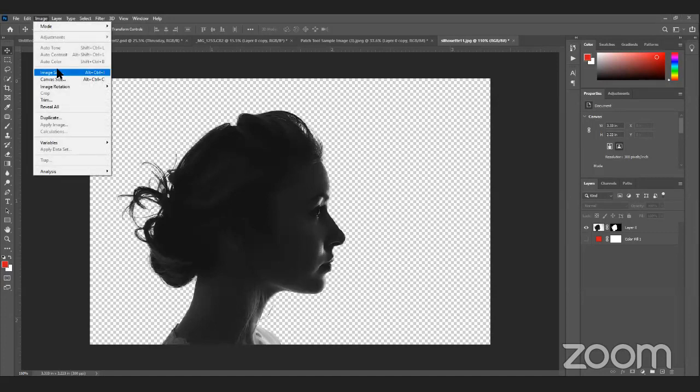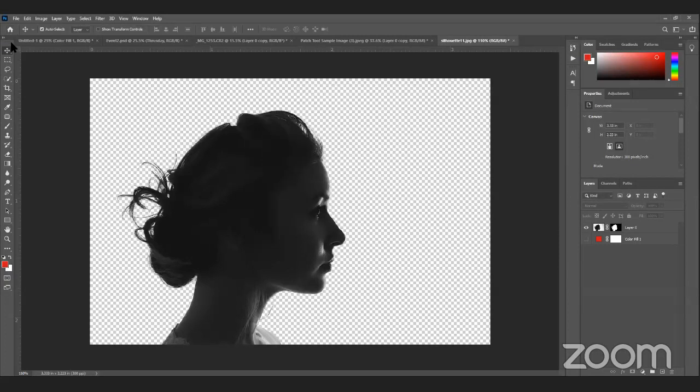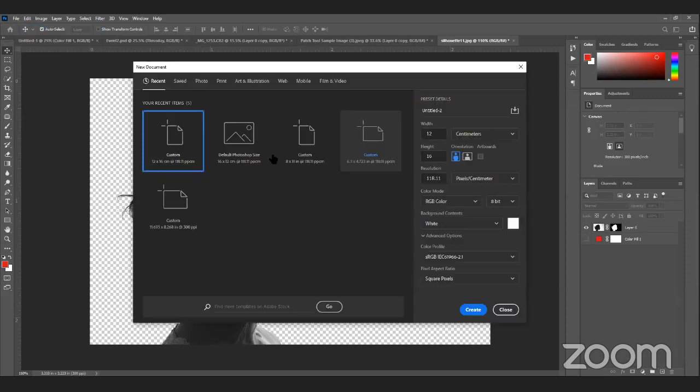Okay, so as I mentioned earlier, our resolution should be 300 pixels, and whenever we create a new document, file, new, it shows inches right now. If I put 300 pixels here, this is our printable document. You mean pixels per inch, right? Yes, inches, not pixels per centimeter. Yes. So there would be 300 pixels per square inch.